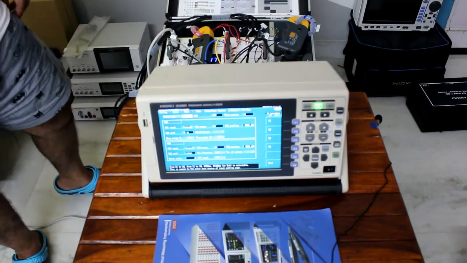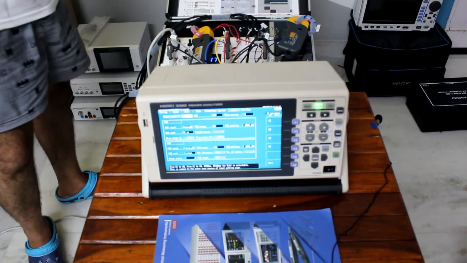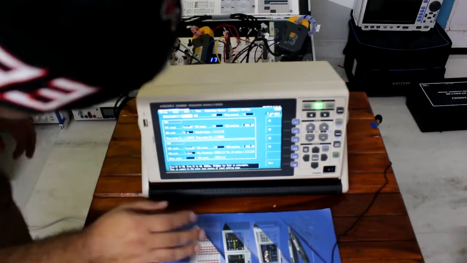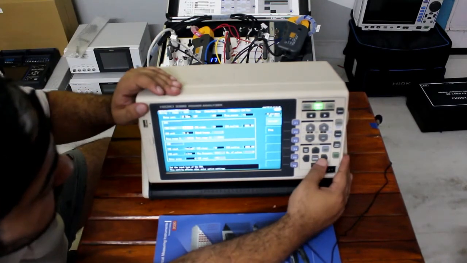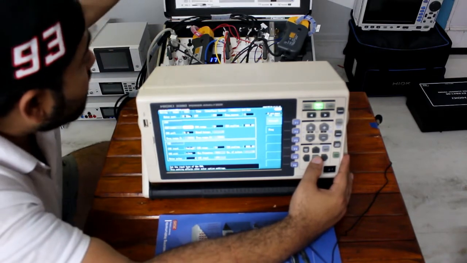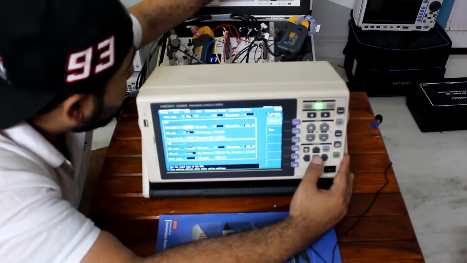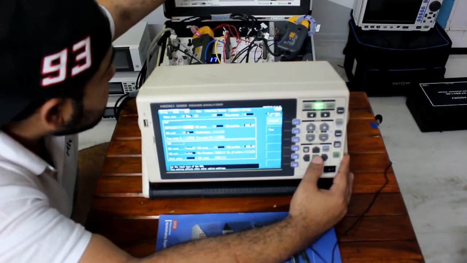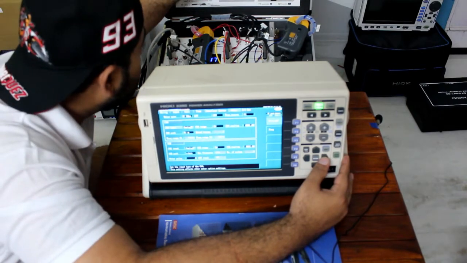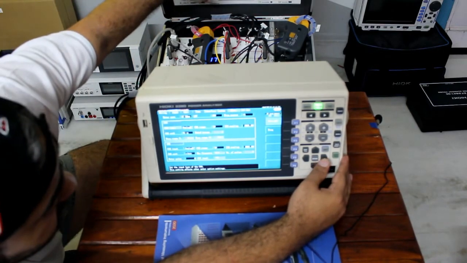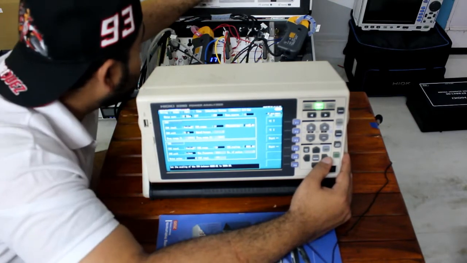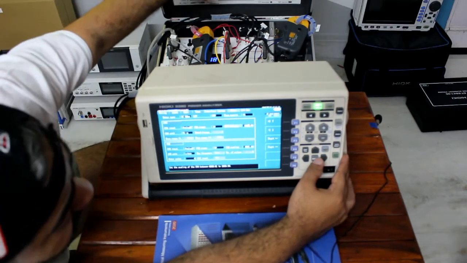Okay, now we need to do the setting. The first setting we need to do is the motor sync. Okay, everything is done here. Now we will select the channel A input as analog, as the motor settings have already been defined here. I know this motor characteristic, so I'm going to do the same setting here. The voltage range is 1 volt and scaling is 0.95.